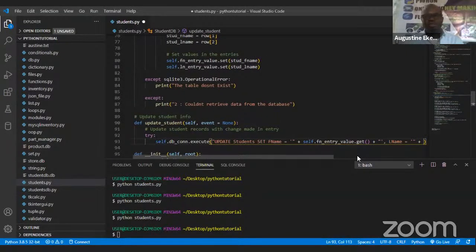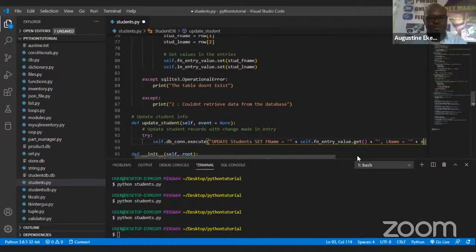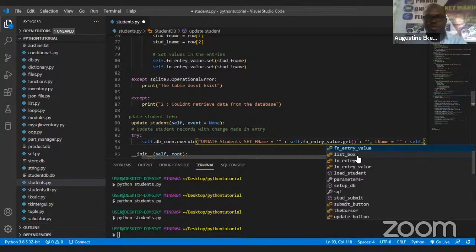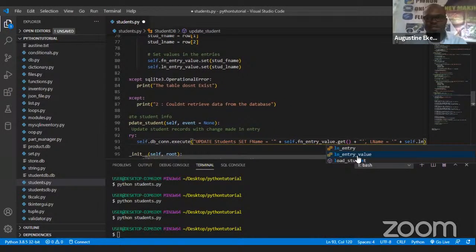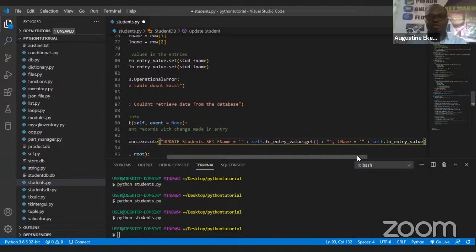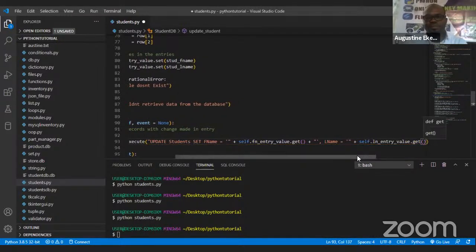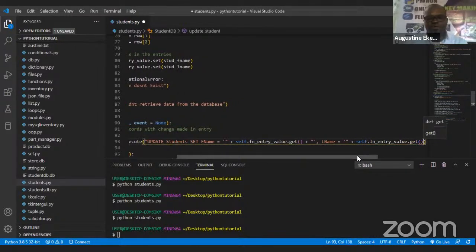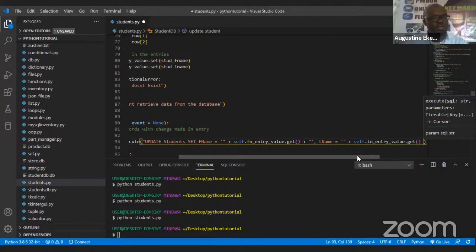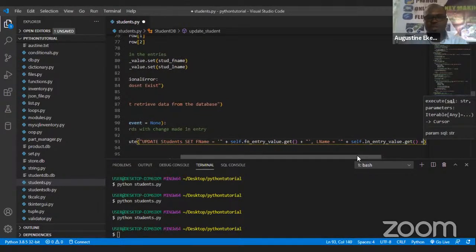The last name, which I can also get from self.ln_entry, the entry value is already there, so dot get. If I'm done with that, I'm now simply going to say plus